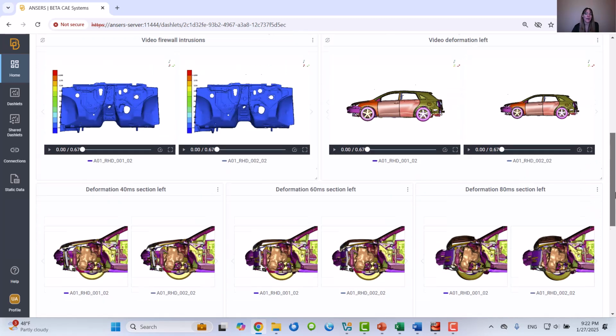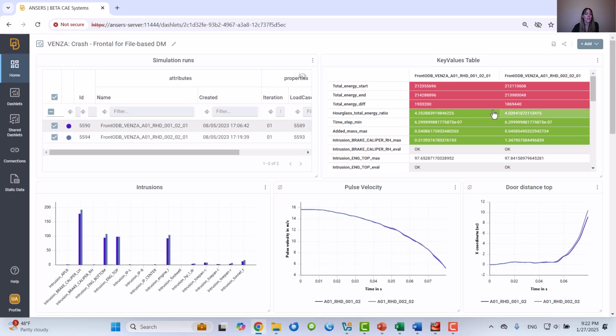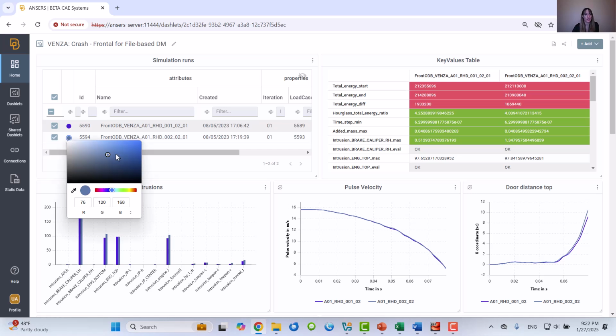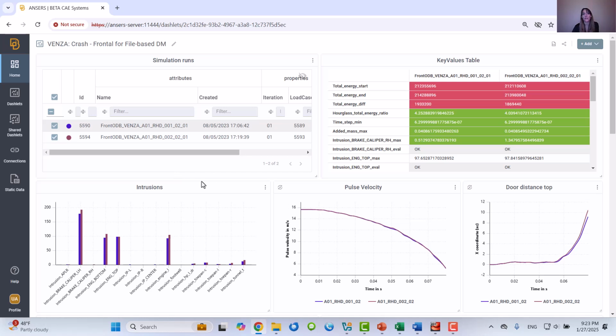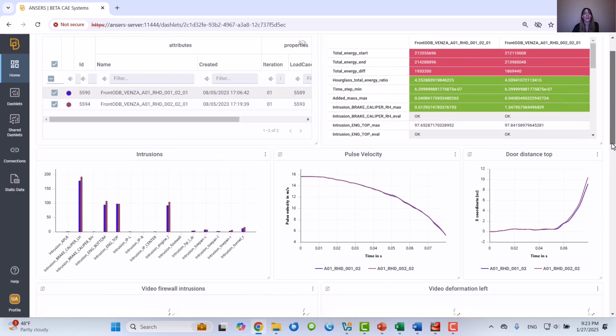And for example, if I would like to modify the color of the second simulation run, I would just click on it, select the color, and so simple as that, this change is reflected to all my reports.